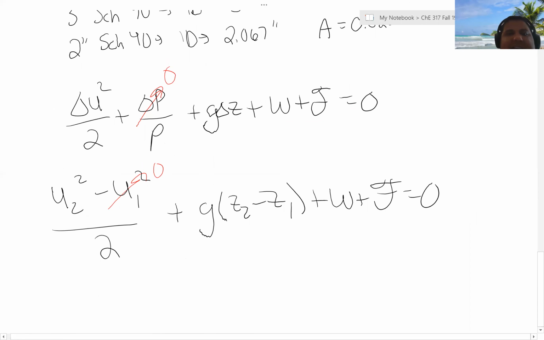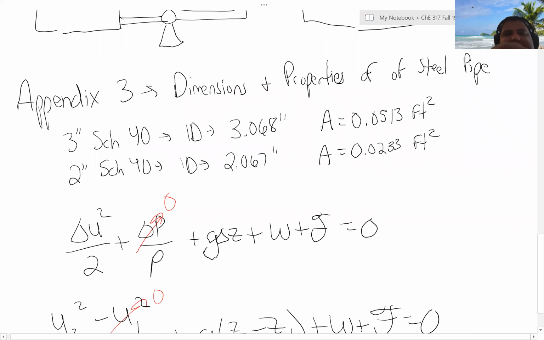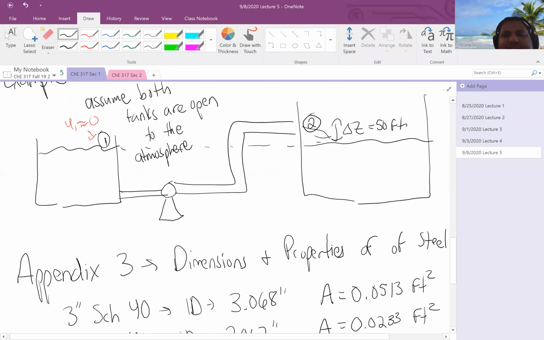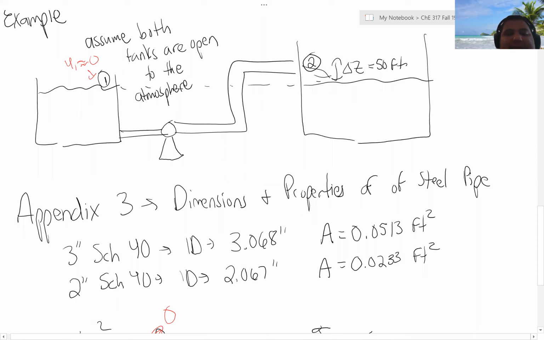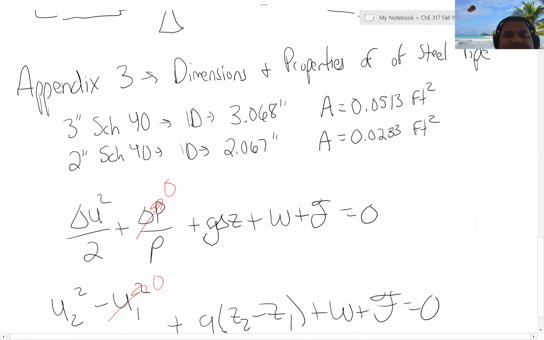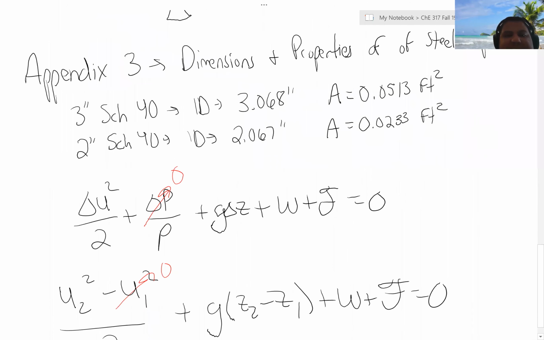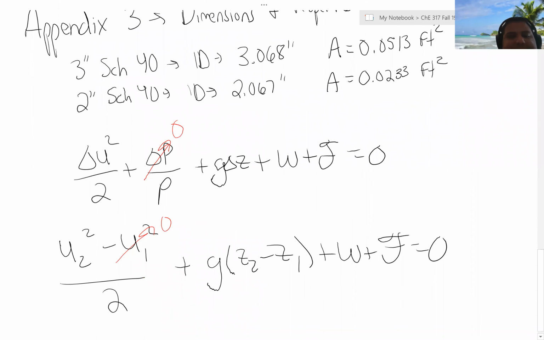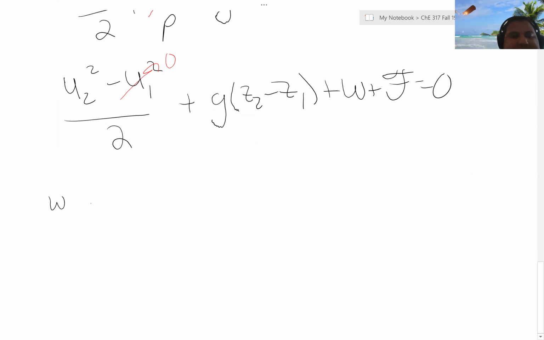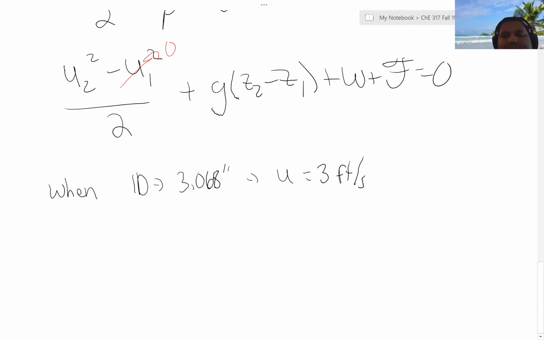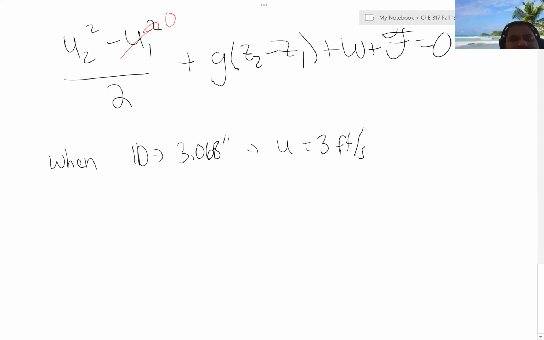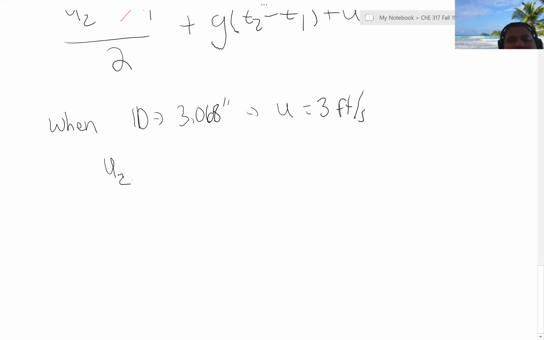The only issue that I have right now is I do not know the velocity of 2. I know the velocity of the intake, which is approximately 3 feet per second. So when the inner diameter is 3.068 inches, the problem states the velocity is 3 feet per second. So in order to find my actual velocity at 0.2 or U2, I have to take that initial velocity, 3 feet per second,